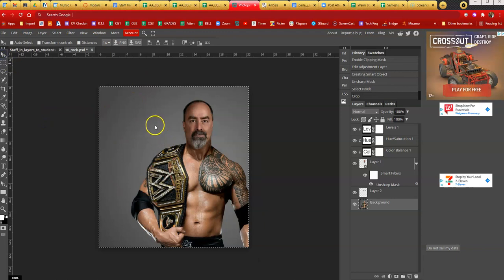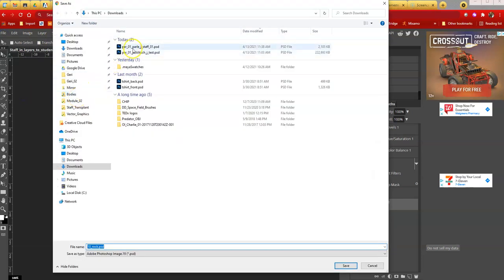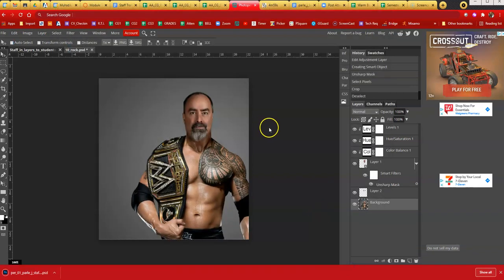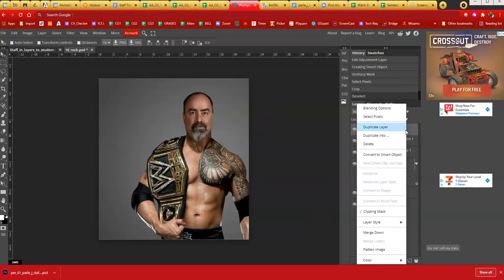And I want to save this PSD file out. File, Save as PSD. JStaff, I'm going to save that as Staff 02, in case I ever have to go back and fix something. Deselect. Now I'm going to right click, flatten my image,